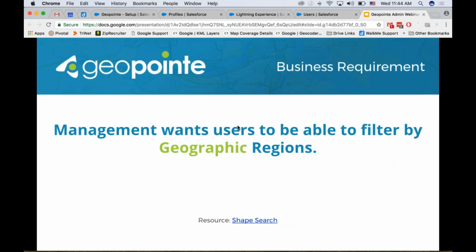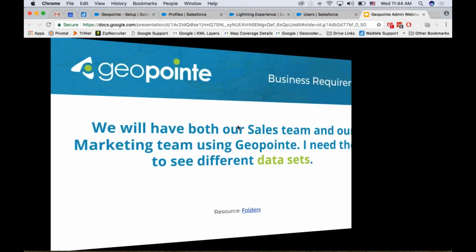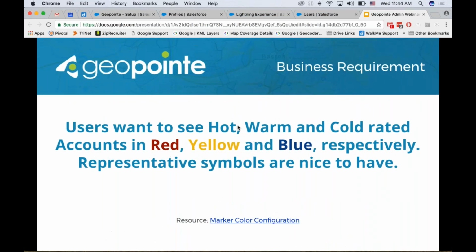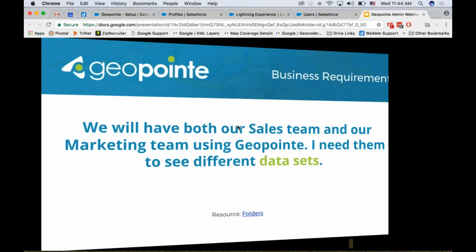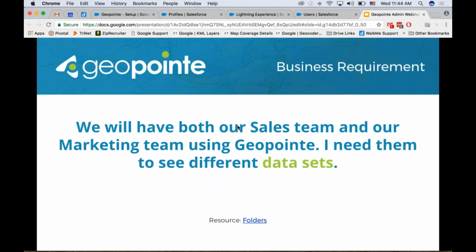What's next? Oops, that went too far. Let's see. There we go. Okay. We will have both our sales team and our marketing team using Geopointe. I need them to see different data sets. Perfect use case. I'm sure lots of you have multiple teams inside of Geopointe, and so they don't need to